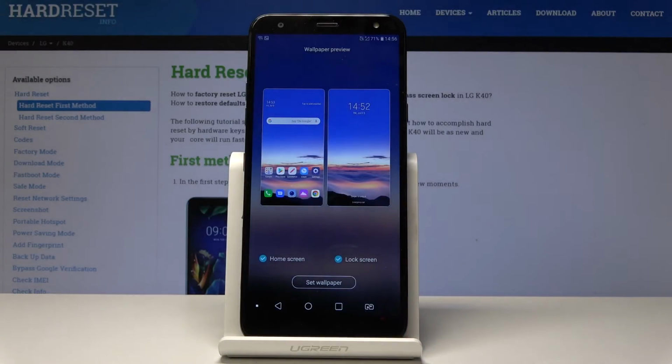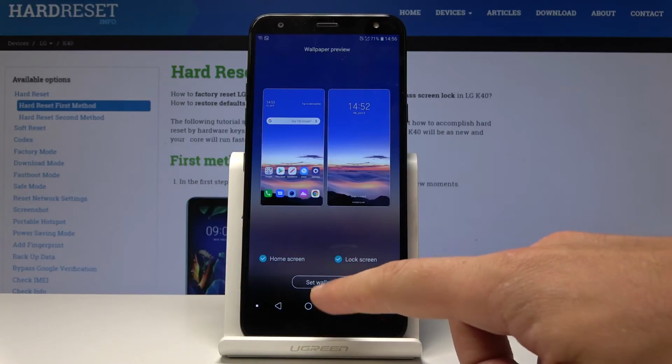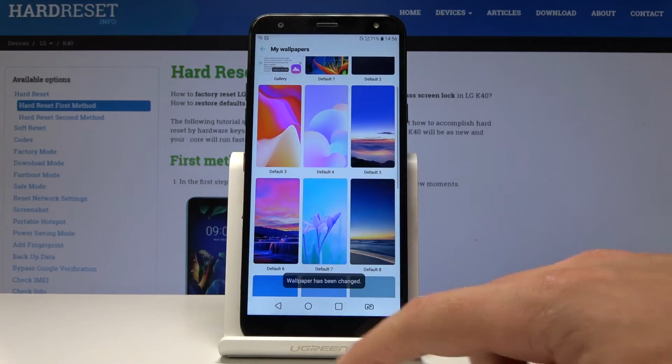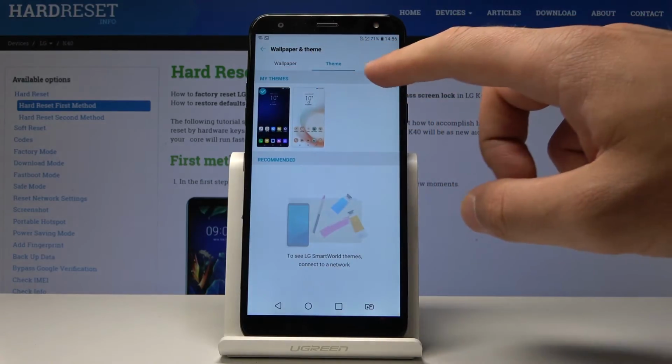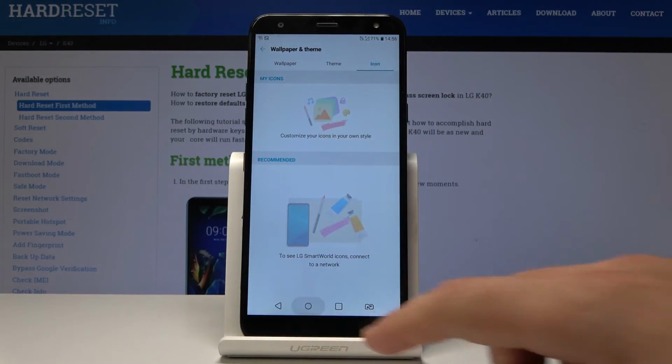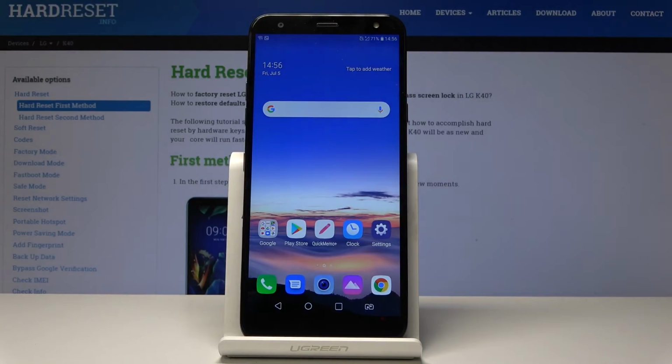You can decide either you would like to use it on your home screen or on your lock screen. Let me use on my both screen, tap set wallpaper, and that's it. Wallpaper has been changed. You can also set up theme, or you can change icons. Basically, if you go back to your home screen, you should see the new